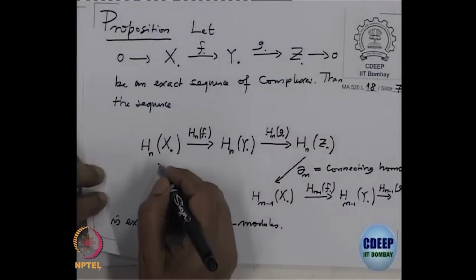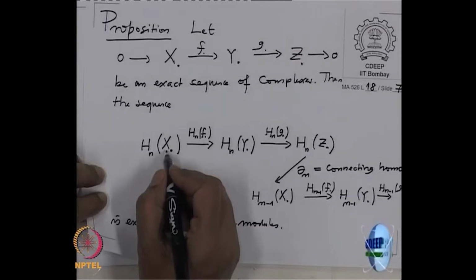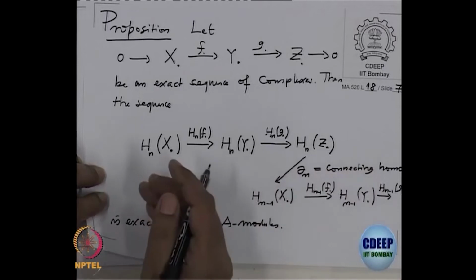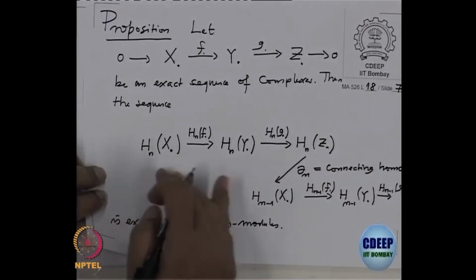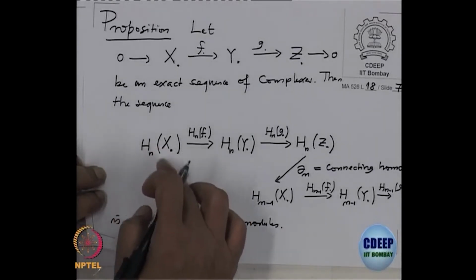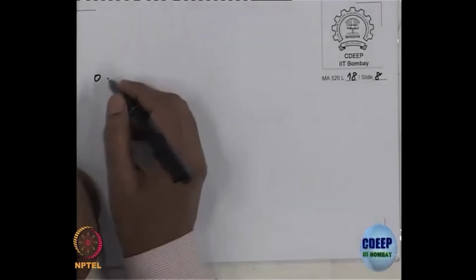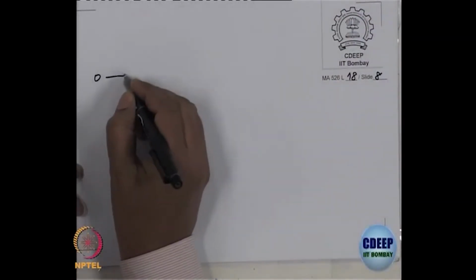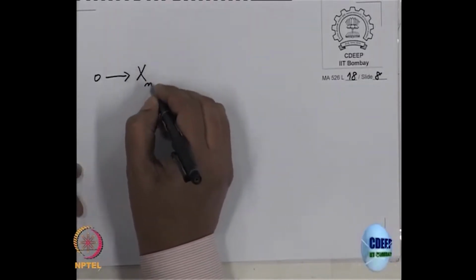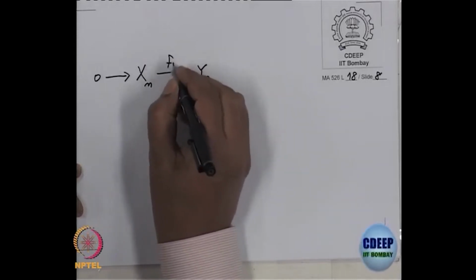So, obviously, by definition, at the nth stage xn is involved. So, the kernel will be inside xn and the image is also inside xn. So, this is some submodule of xn divided by some other submodule of xn, right. And where are the submodules coming from? They are coming from the kernels and images of these dn's. Okay, so we have come down to this level. So, going to the nth stage means you have to read these given complexes at the nth stage. Because the complex sequence is exact, we have this xn, yn that is fn, and then zn that is gn,